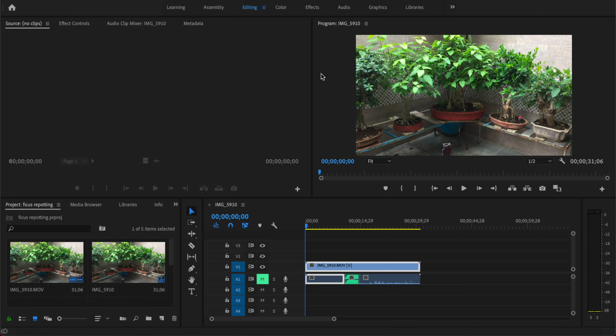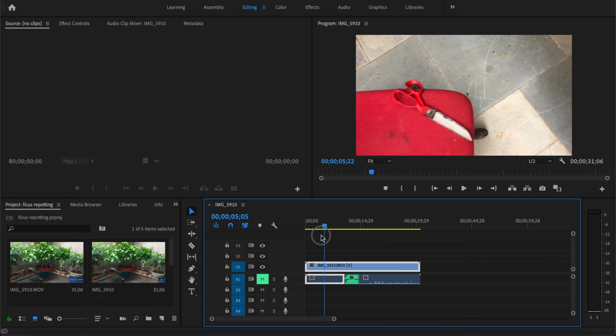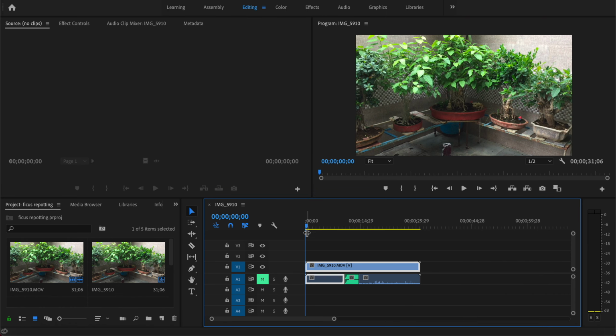So you want to voice over your existing clip. As you can see, I have one clip here. It's a random clip. So to voice over it in Premiere Pro, what you have to do, first just mute the existing clip or